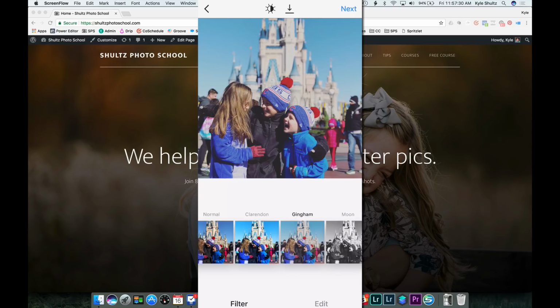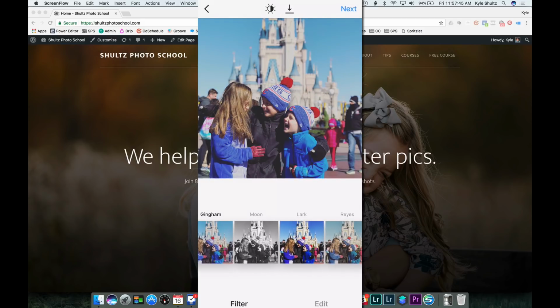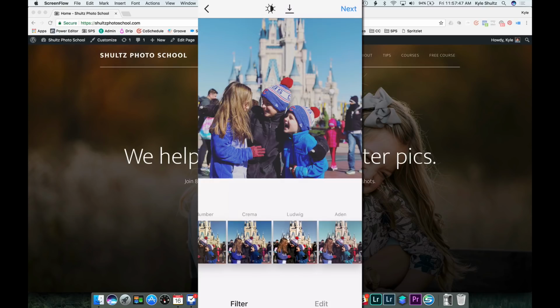So right now I'm on gingham. And then if I tap it again, you get the opacity slider. So you can go from 0% all the way to 100. So if you're going to apply just a smidge, you'd apply like somewhere between 15 and 30%. Sometimes more. It just depends on the image, obviously. So I'm going to cancel that,